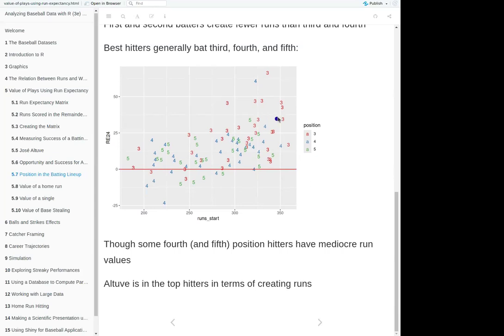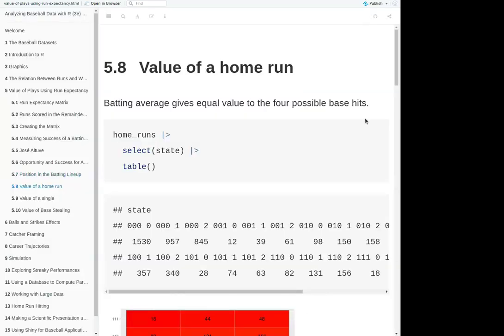Okay, but yeah, again, here's our blue dot. And Altuve is in the top hitters in terms of creating runs. And yeah, very interesting to look at batting position with all of these factors. So going a step past that, we can look at the value of a home run and then we'll look